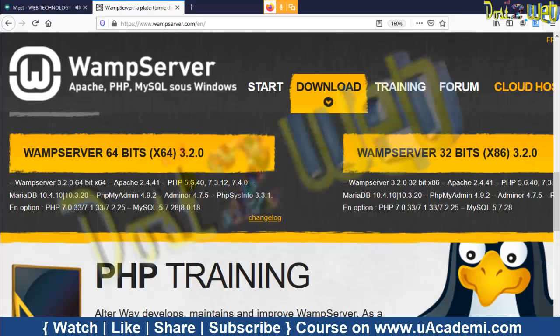Then MariaDB, which is similar to your MySQL. Why is it named MariaDB? Because earlier the database MySQL was open source. Now MySQL is no longer open source, it was bought by Oracle, right? That's why MariaDB uses the same technique and same port.